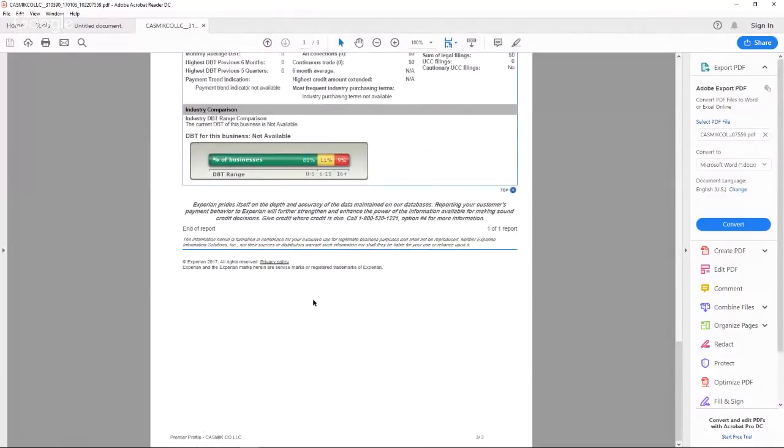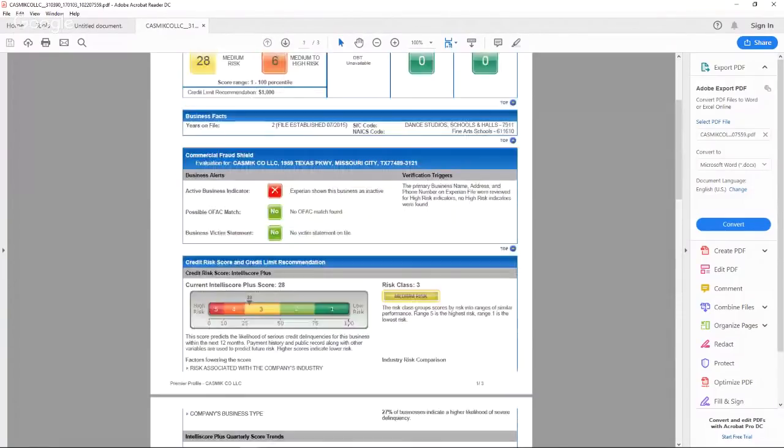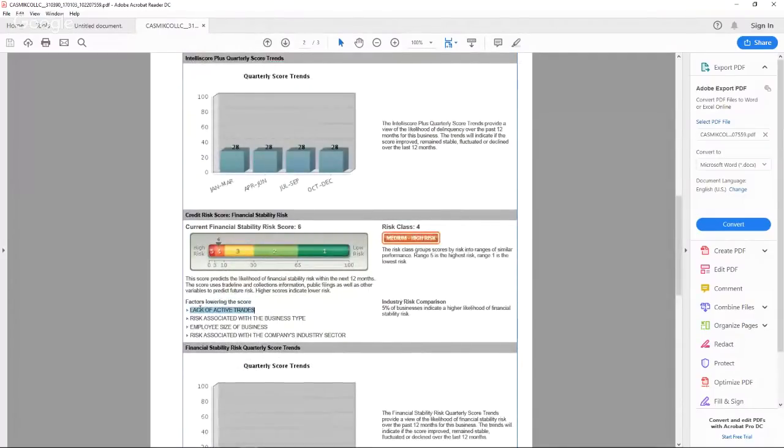I can't scroll more. If I showed you my mouse trying to scroll, you'd see that, but I can't show you that. And then here you can see all zeros. So what you see here is somebody that has no credit on their credit report. It's empty. But because the reporting agencies know they exist, they're giving them a failing score. You can see the primary reason for almost being as high as you can get for bankruptcy is lack of